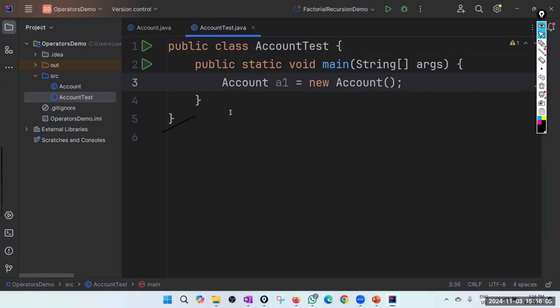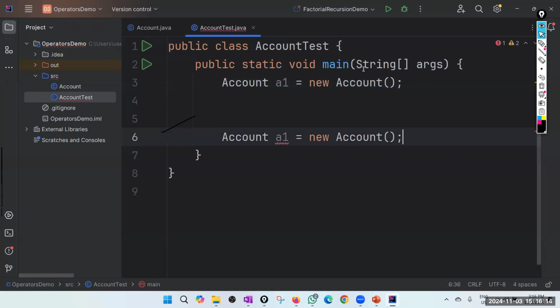Okay. And if you want to create another Account object, of course, as I told you, we don't just create account objects like this, right? For example, when someone logs into the system, one account object. So from the other ATM machine, another guy logs in, so that is another account object. That is how it happens in practice. But I don't have an application to demonstrate that. Okay. But make sure you give it a different name.